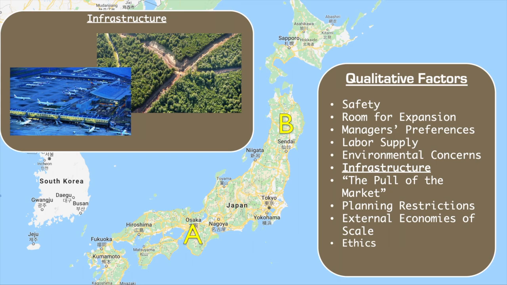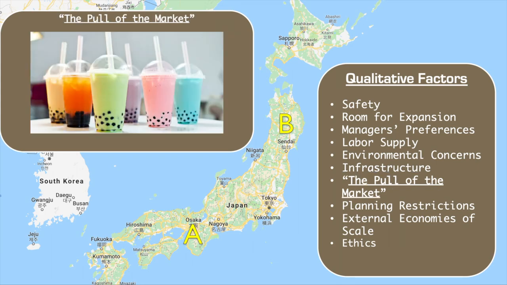Another one is the pull of the market. Now, the text kind of discounts this, but I think that it is a little important. The pull of the market is getting less and less important as we start buying things online and the internet becomes a larger part of our life. However, I noticed this boba tea stuff, and one thing that I noticed is there is a lot of it